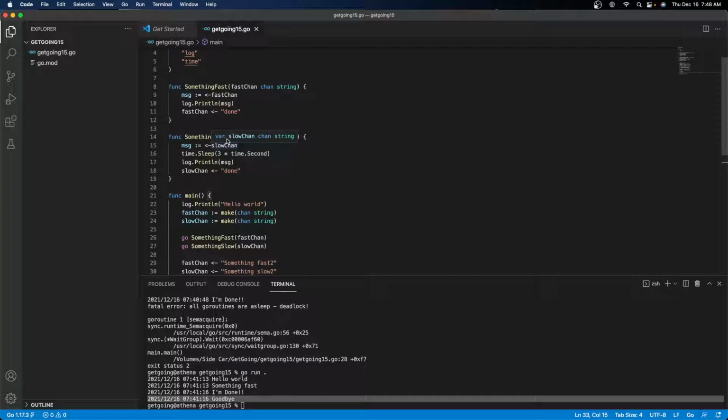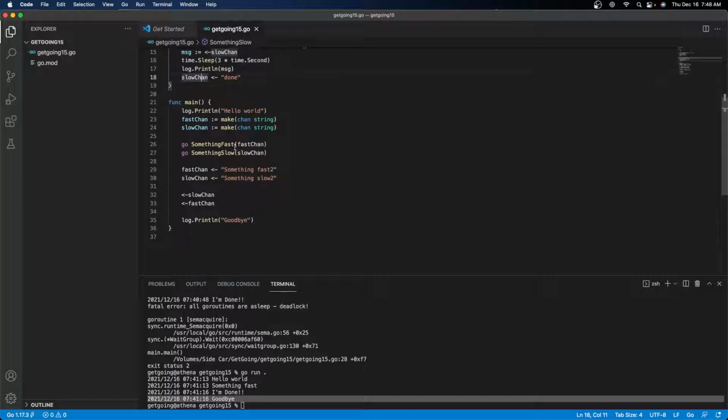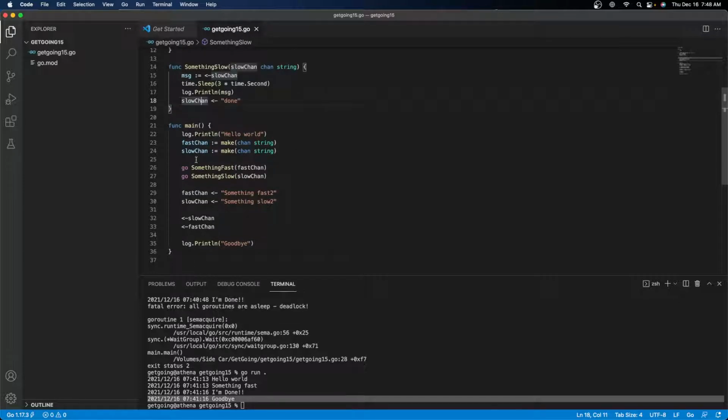Same thing here. Something slow is going to listen for data coming in on a channel, and this arrow operator means I'm going to take data from the channel and put it in this variable. Then I'm going to sleep, print the message, and again, this arrow means I'm taking this piece of data and sending it to the channel. So what's going to happen is, this is going to run, it's going to start my Go routines, I'm going to send some data to the channels, and then I'm going to wait for some data. So if we go run this,